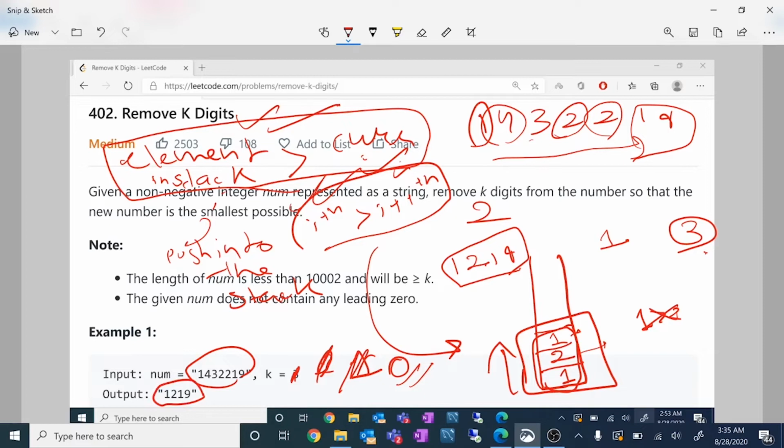Now let's talk about a few corner cases. What can be the corner case here is that I've exhausted my limit, but my k did not become 0. When will that be the case? Suppose I had a repetition here, suppose this was 2 and this was 2 again. My k would have never become 0 and I would have kept on pushing 2, 2, 2.